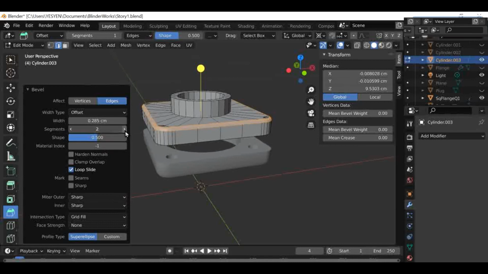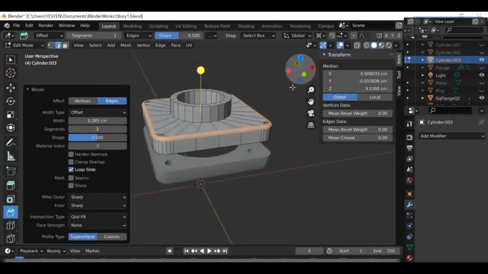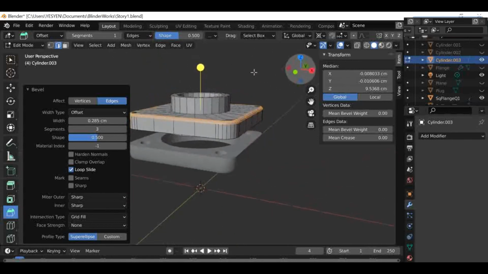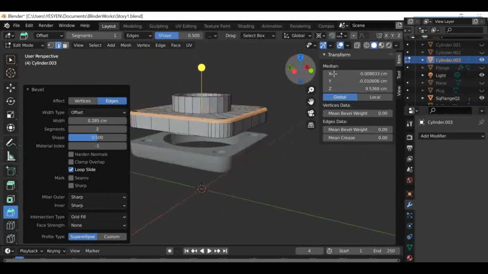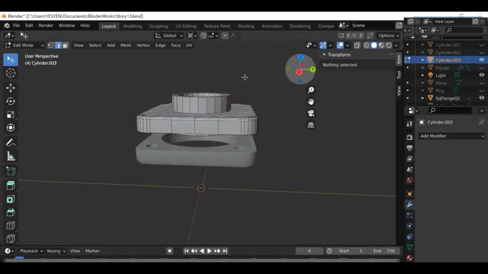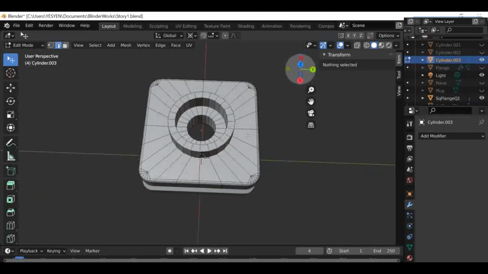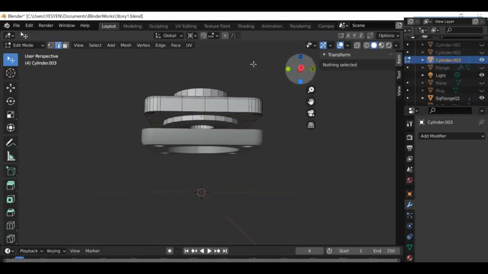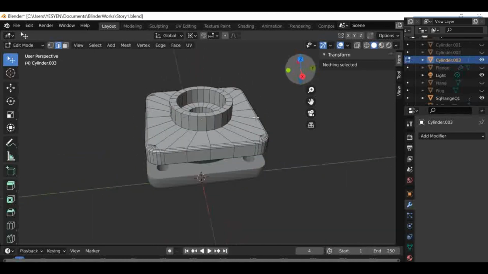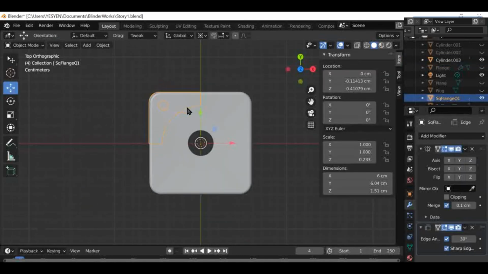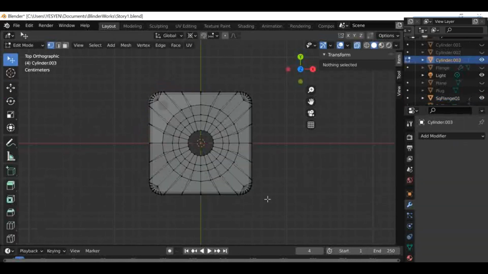What remains is to make holes. Okay. We will retain 1/4 of this flange and slice off the rest. Take the X-ray tool,